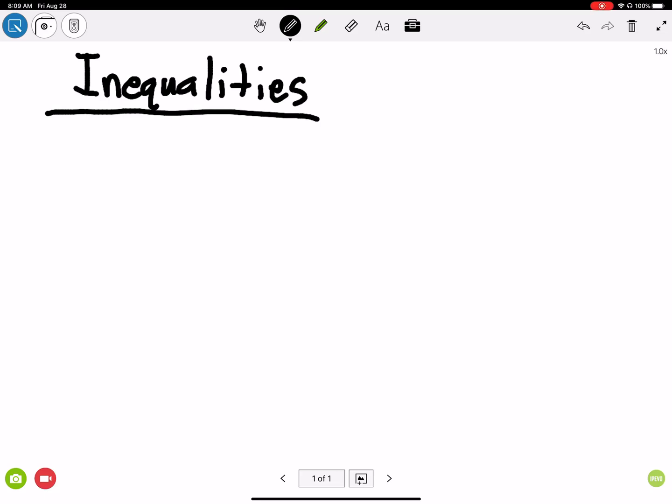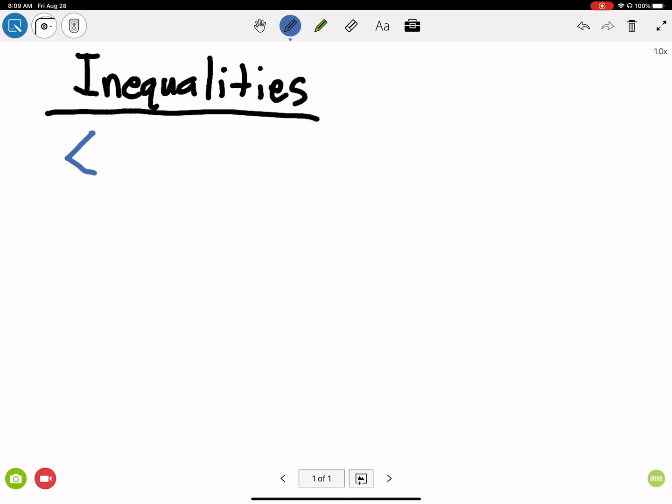All right, so by now, everyone should know what an inequality is, okay? An inequality is basically a comparison of two numbers showing that one is greater than or less than, or simply just not equal to another value, okay? So, inequality symbols that you should know: